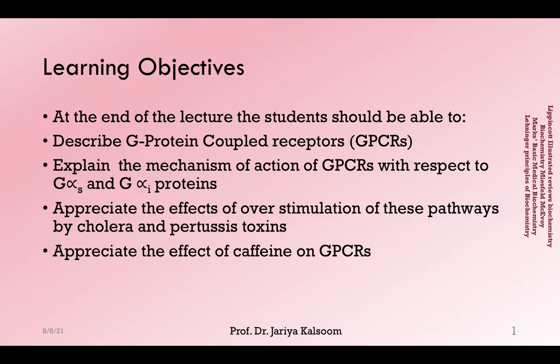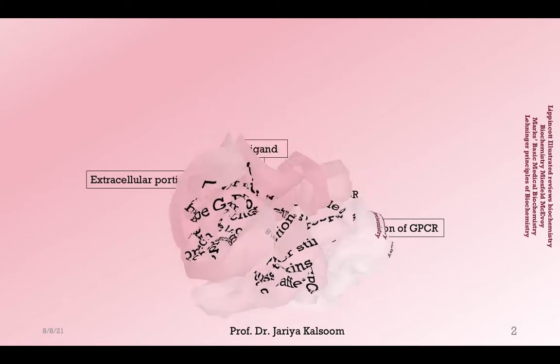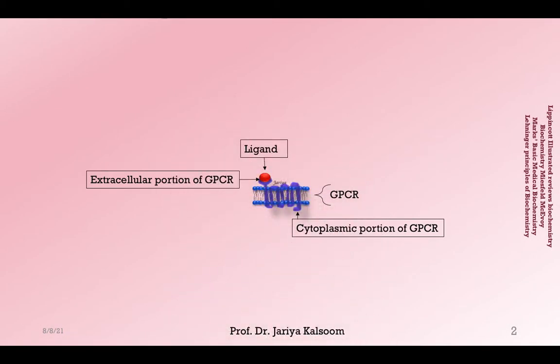This video's learning objectives include an insight into the structure of G-protein coupled receptors, abbreviated as GPCRs, and their associated G-proteins, with focus on the signal transduction pathways involving G-alpha stimulatory and G-alpha inhibitory subunits and their biochemical correlations. So, let's have an introduction about the players involved in this signal transduction pathway.